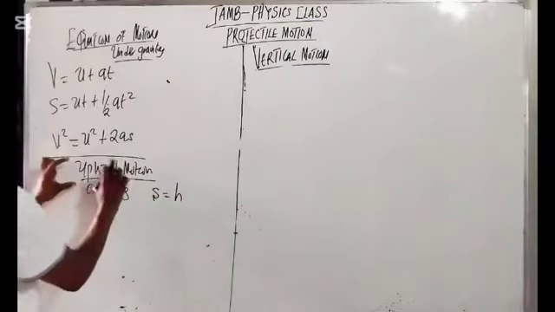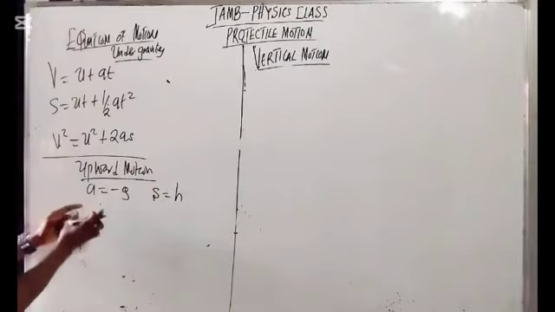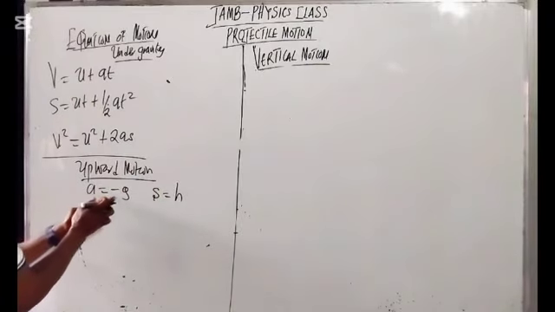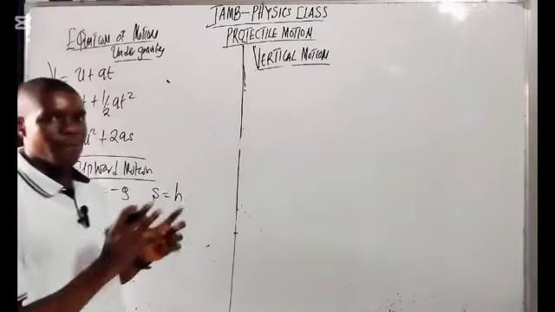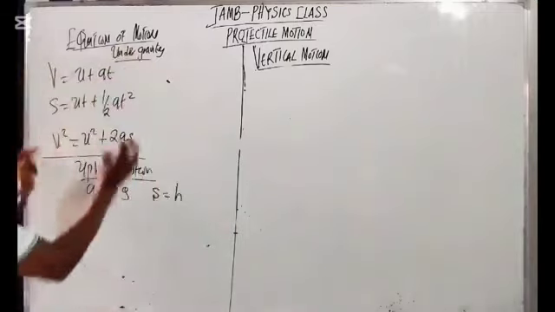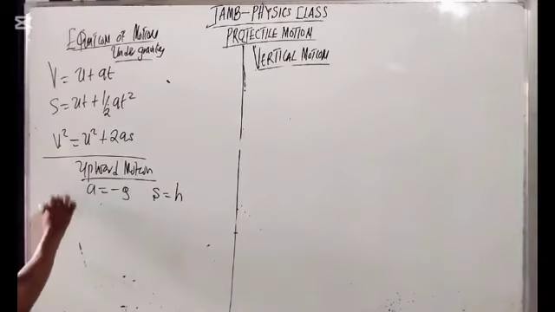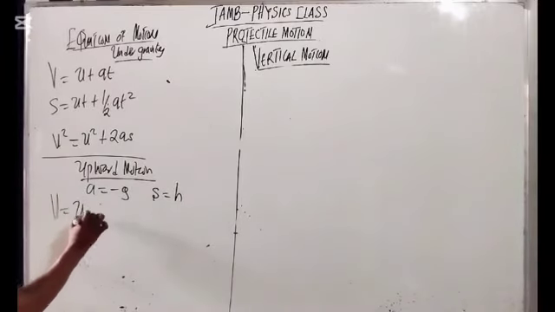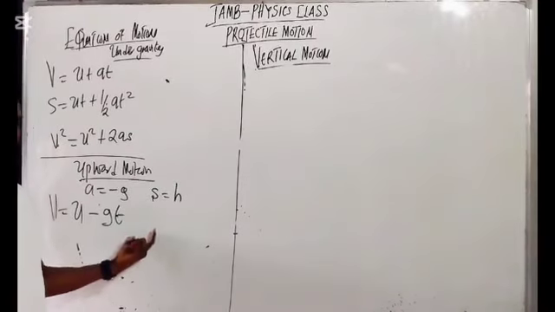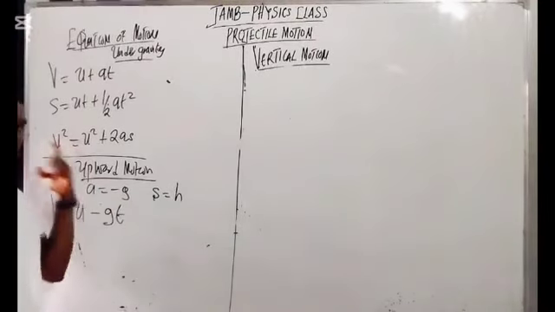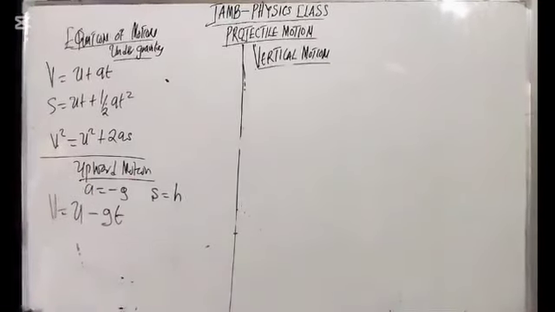So when we talk about upward motion here, I'm going to use a equals minus g, x equals h, right? So in projectile, when it comes to vertical movement, you replace it. So here we have v equals u minus gt. Okay. This is the first formula in the upward motion, right? Now the next one is